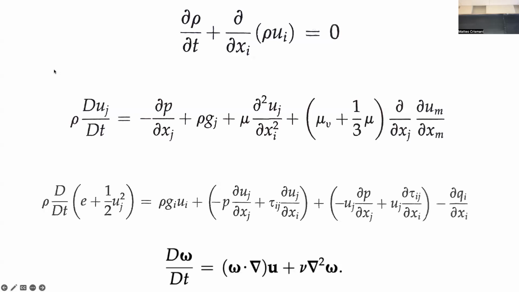What is vorticity? That's correct. Okay, and it's a vector. And so what does this term mean? Yeah, advection of the vorticity. That's correct.